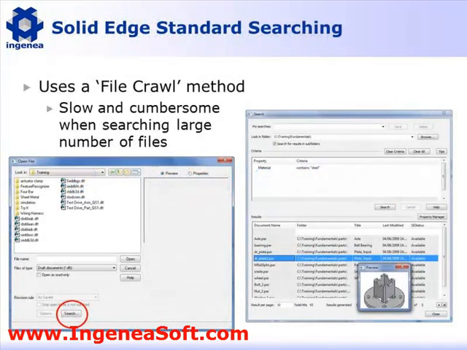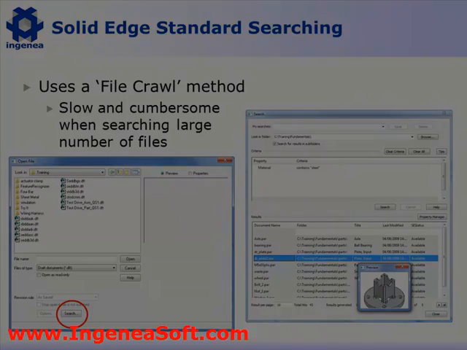A common requirement when working with Solid Edge is to find files. Solid Edge provides out-of-the-box tools that allow us to search for files using any property text they may contain. For example, we may wish to search for all files that have a specific material or project name. The problem with this is that the searches are extremely slow, since the only search method available is a file system crawl. In fact, these searches are so slow it is often quicker to simply browse for the file manually